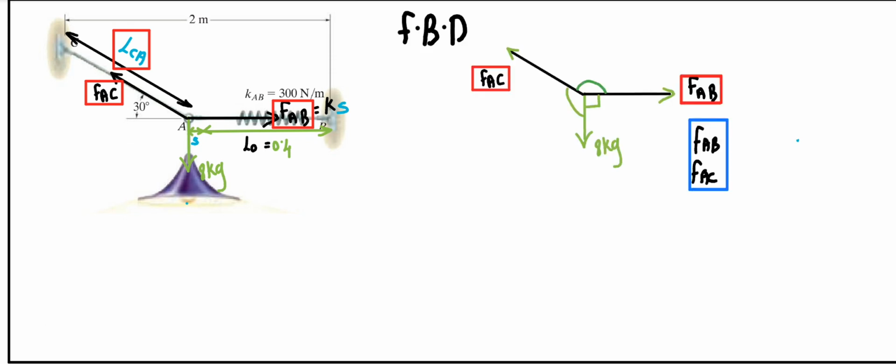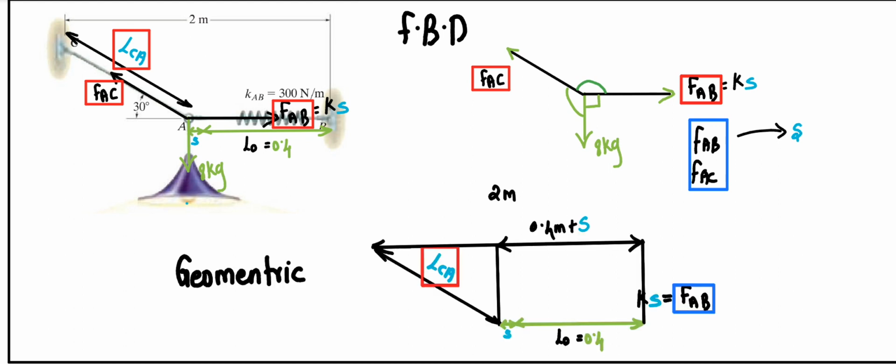So how can we solve this? First, I am separately writing the free body diagram of the given condition. You can see there are two unknowns, the magnitude of FAC and the magnitude of FAB, which can be solved by the free body diagram. After solving that, I apply the spring condition, which I already know, F is equal to K times S. With that I can solve for the S value.